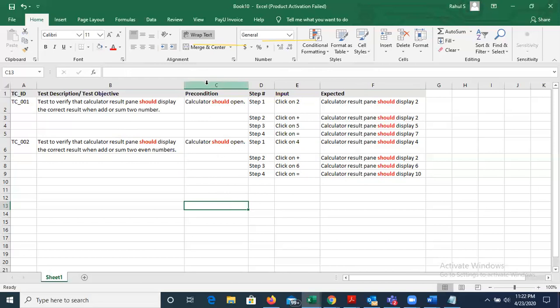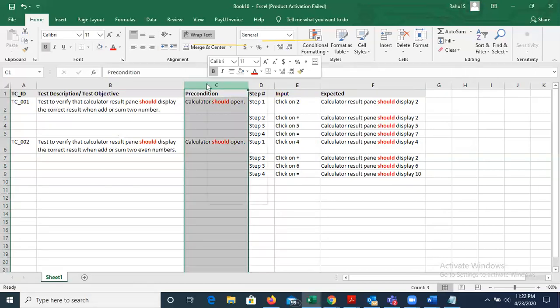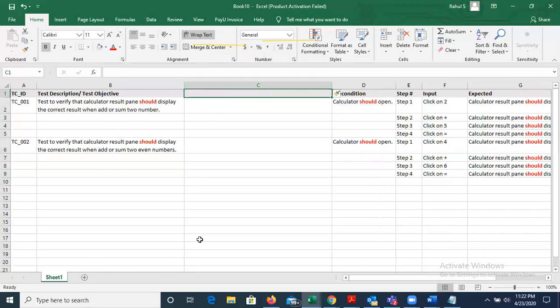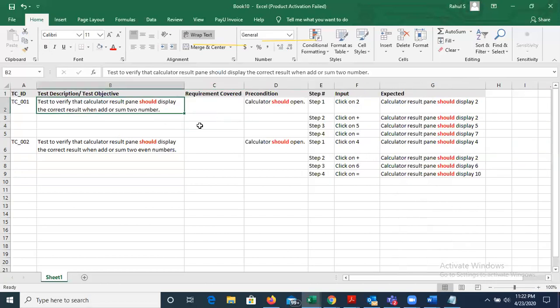So what are those? First thing, I'm going to add which requirement is going to be covered. This test case is covering which requirement number.